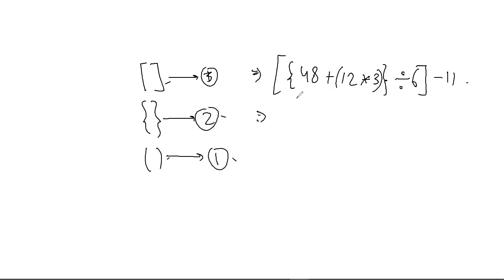It's a really simple sum, trust me. So say there's this square bracket and then this curly bracket. So whenever you see this kind of example, you first go with the sum that is inside these round brackets. So you solve the product inside the round brackets first. So it's 36,